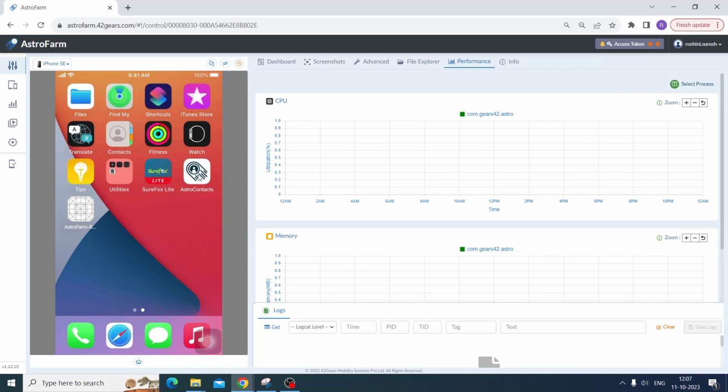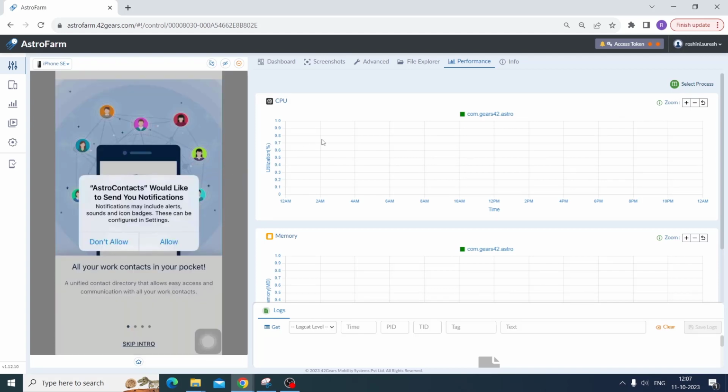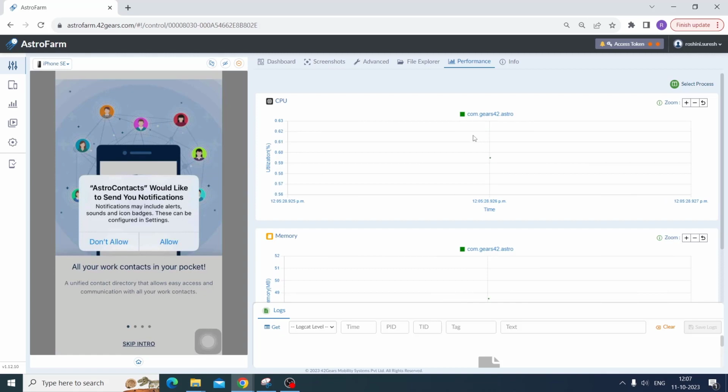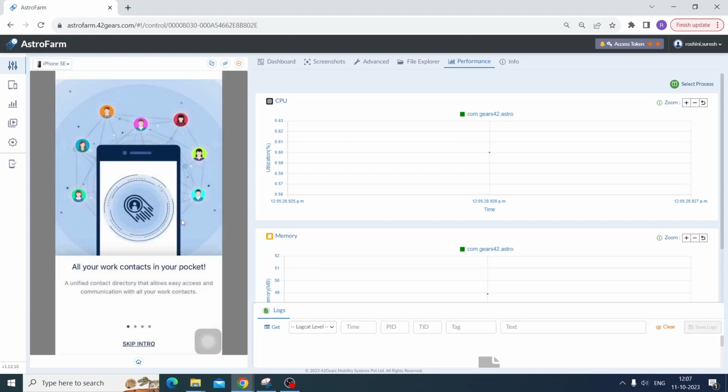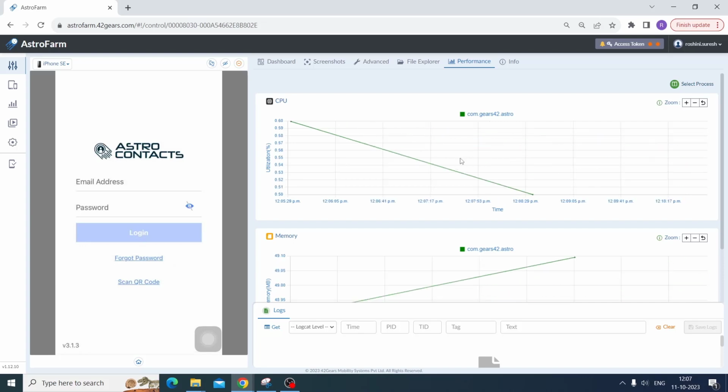So now as I open Astro Contacts on the device, depending on the usage of the app, we could see the trends for CPU and memory utilization in the respective sections. So just to show you a bit of how,